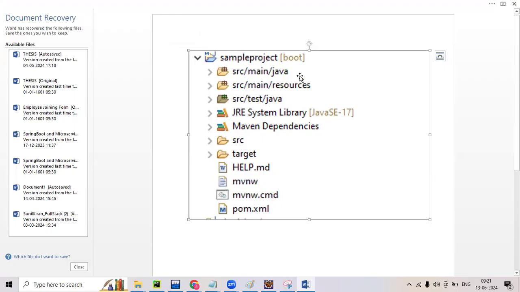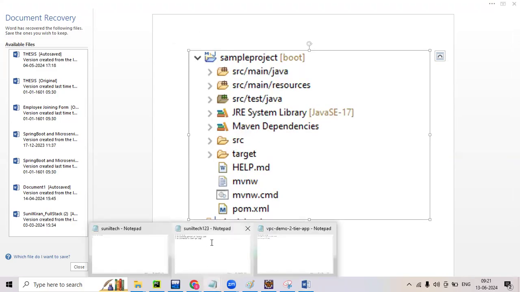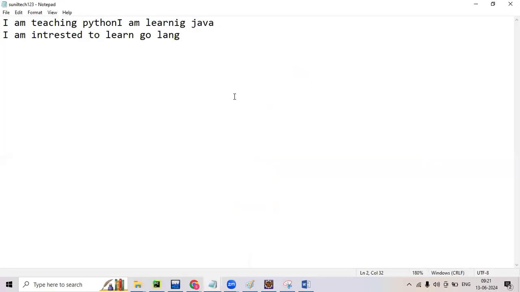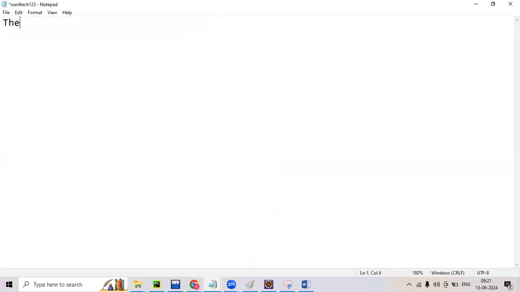Now I'll explain what every package will do, and what each and every file will do. Let me walk through this. Here, src main java is there. I told you there are three ways to create a Spring Boot app. As a beginner, a fresher in Spring Boot, people mostly get confused about how to create a Spring Boot application, so I'm stressing this more. There are three ways to create a Spring Boot app, and on day two